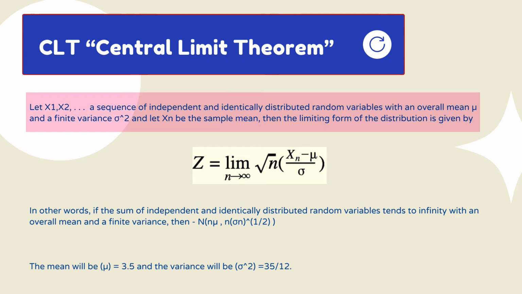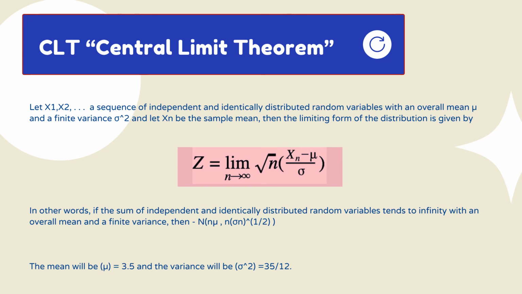Let x1, x2, ... be a sequence of independent and identically distributed random variables with an overall mean mu and a finite variance of sigma squared, and let x̄n be the sample mean. Then the limiting form of the distribution is given by Z, which equals the limit when n tends to infinity of the square root of n multiplied by the sample mean minus mu, divided by sigma,